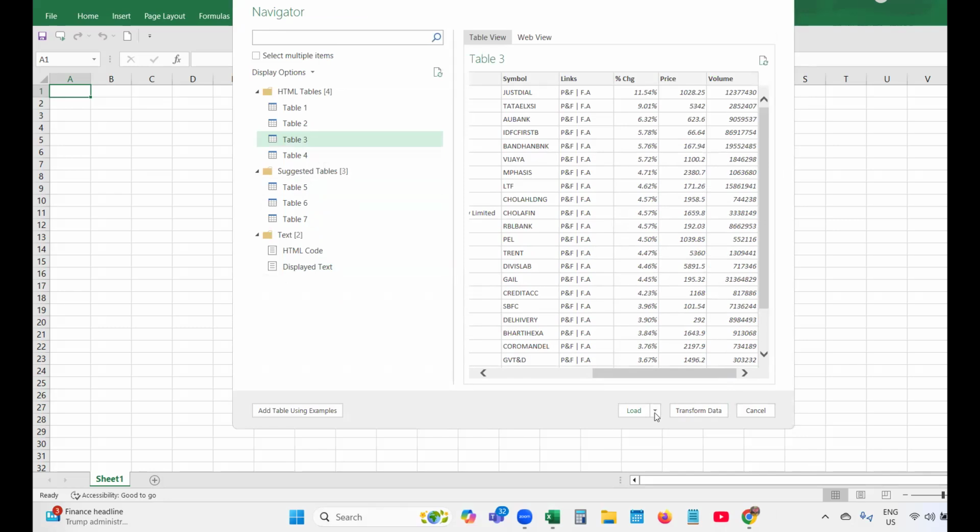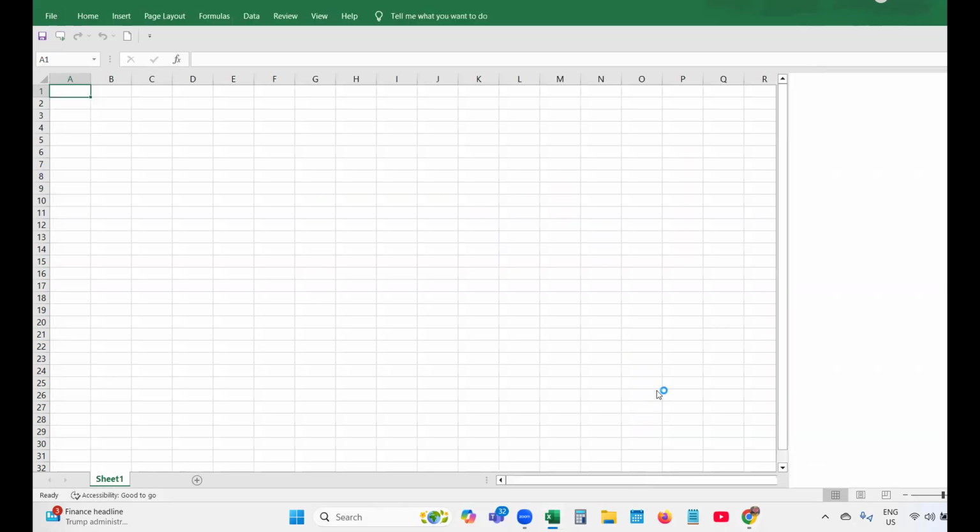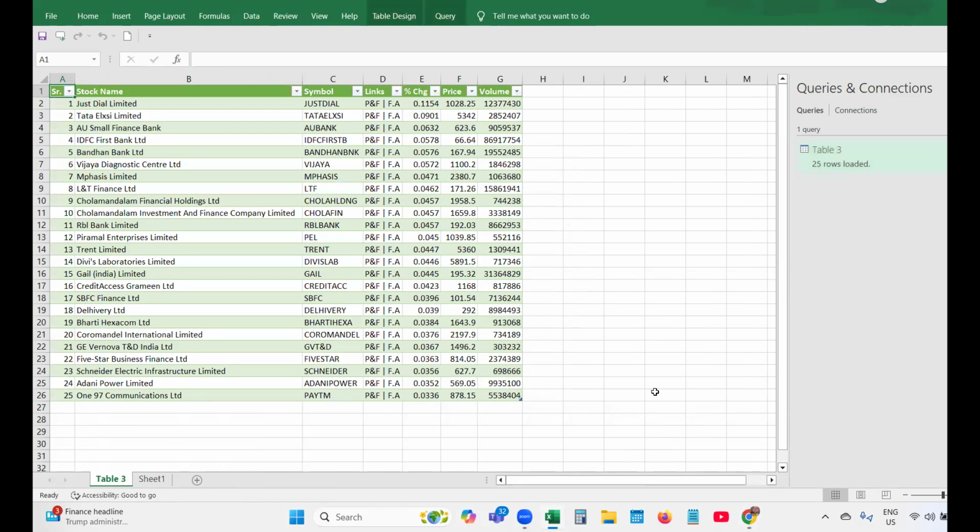Then let me drop down. Load. This is how you got the data directly from the screener.